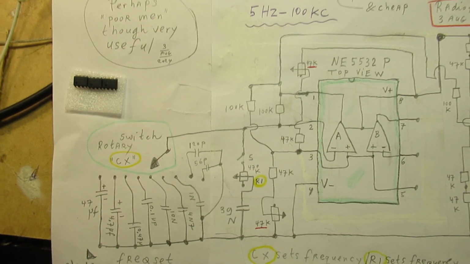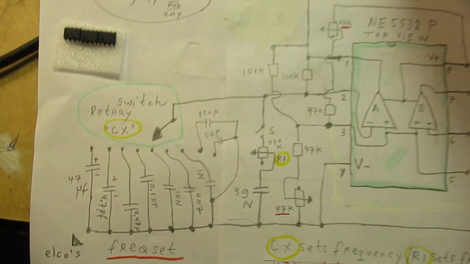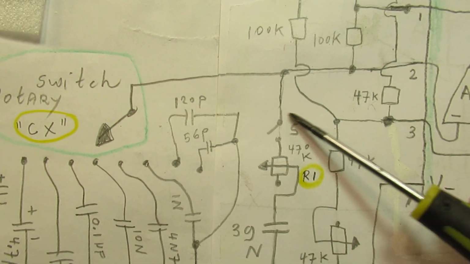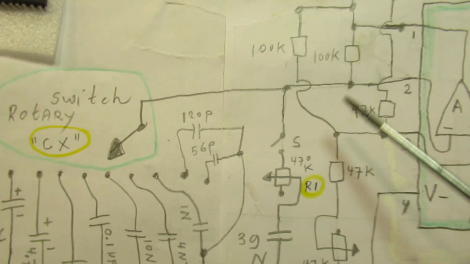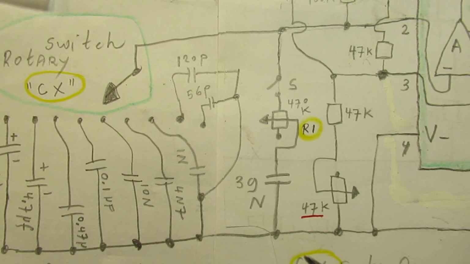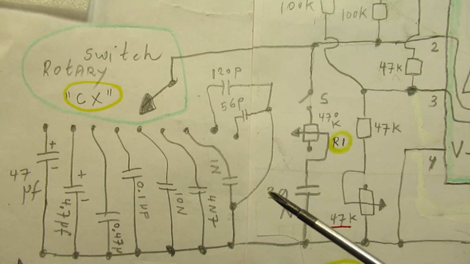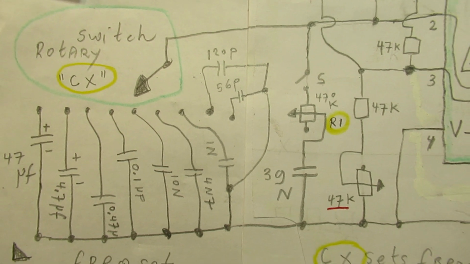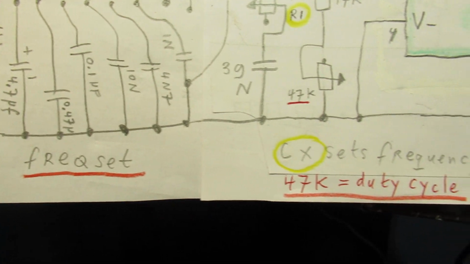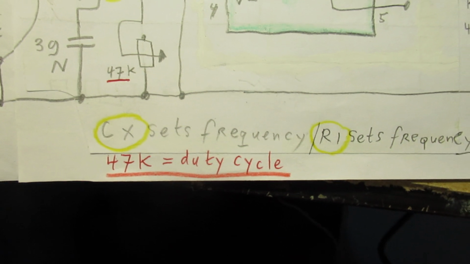So when you use it for only one frequency, and that's very well possible, omit this part of the circuit, and use only one capacitor from pin 2 to ground. In that case that capacitor will set the frequency, and that could be in the range of 5 Hertz up to approximately 100 kilohertz